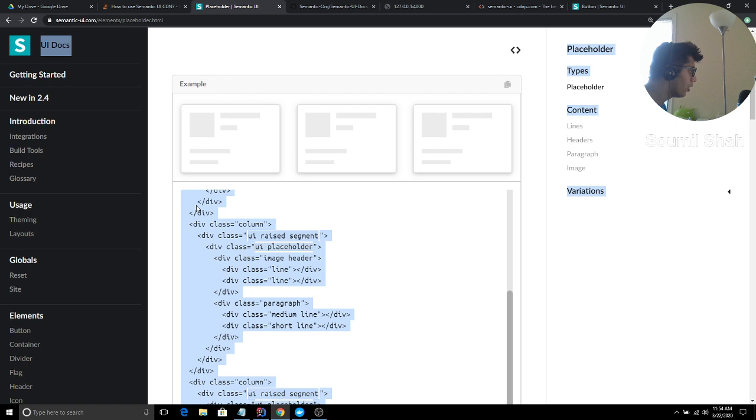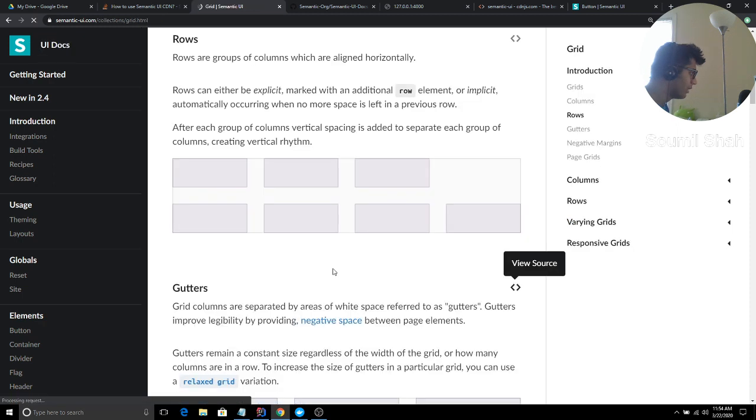You see, guys, so many good things are available on semantics.ui. You can go with the grid geometry. All I would say is just explore the documentation a little bit. I swear, guys, you will love it. So this is about Semantics UI that I wanted to share with you.